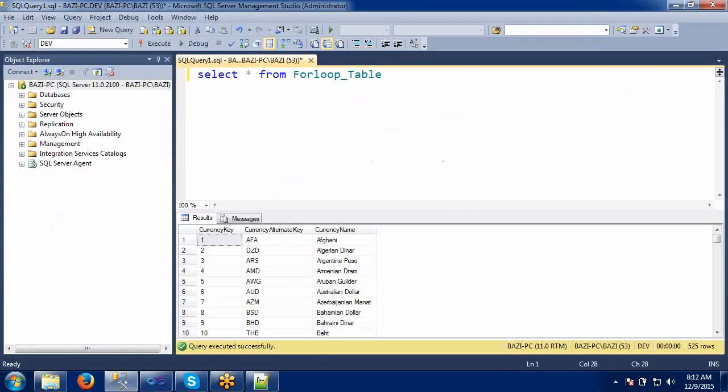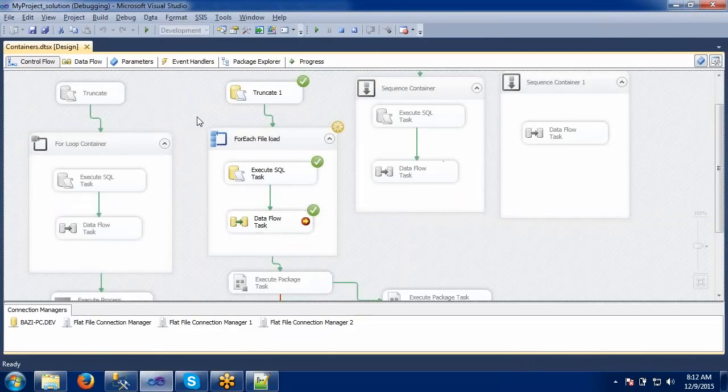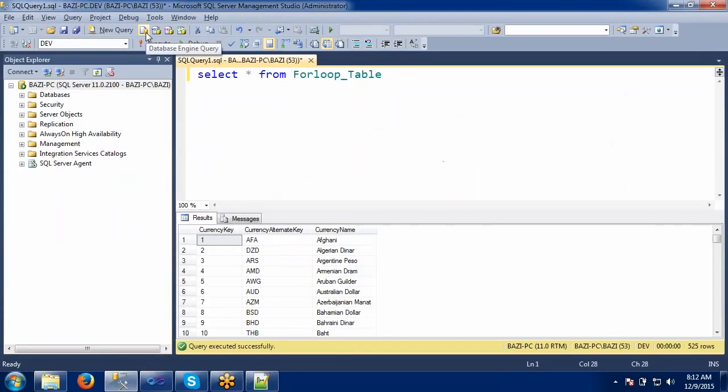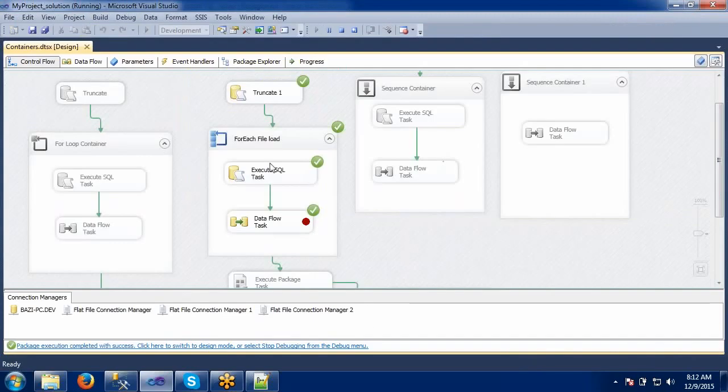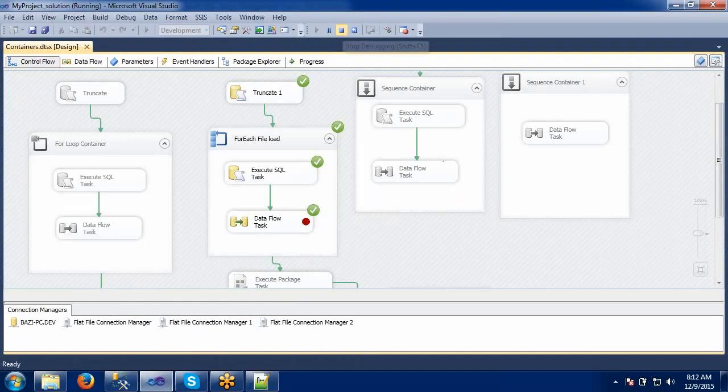So 525 records. So it has loaded, I guess, all the files. 630 records. Okay. See, now all the files were executed. So we have seen which file is coming at what time, what is the order of the files, how the data is coming into the source and how it is getting loaded into the destination. Like this we can apply the breakpoints.